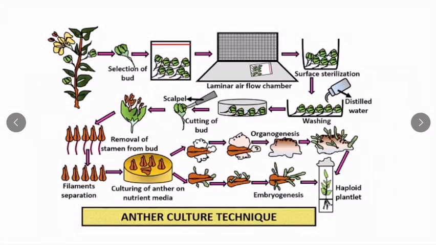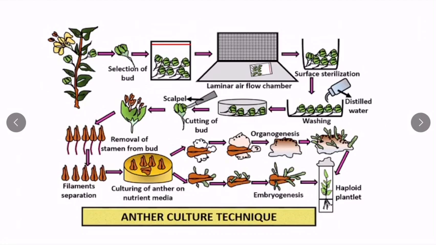Anther culture is the technique of culturing anthers at a precise and critical stage, which can be isolated from an unopened flower bud and cultured on artificial medium. Here we use the unopened flower bud because there is less chance of contamination. The microspores present in the anther develop into embryoids or callus, which gives rise to haploid plants.